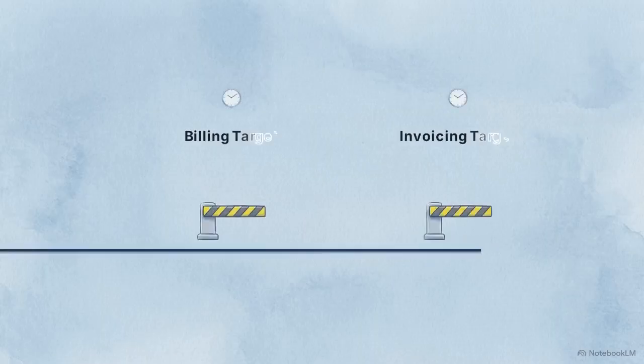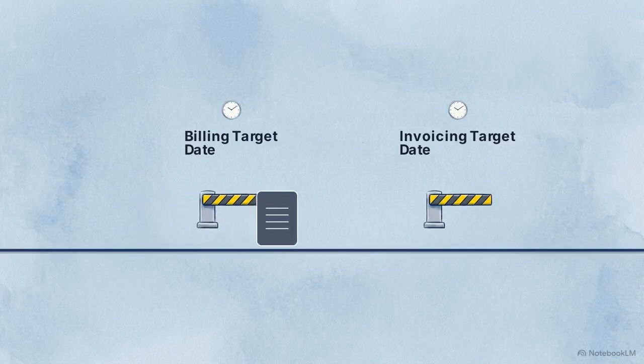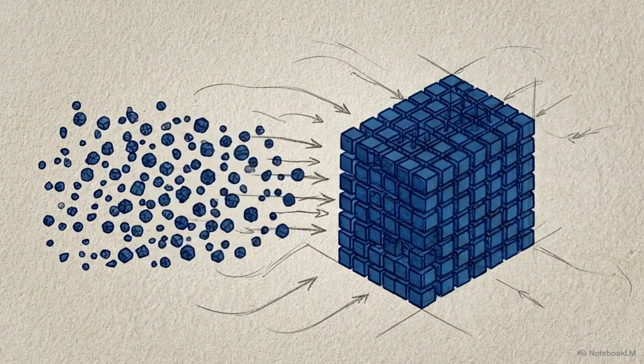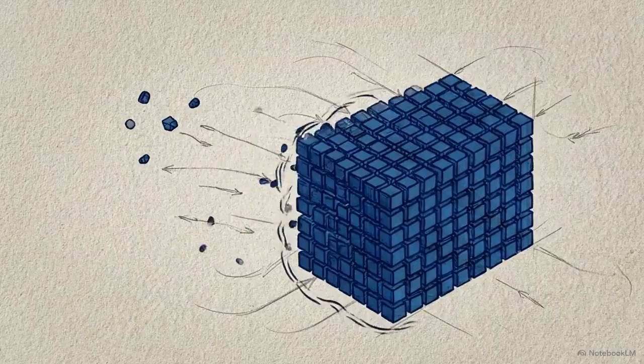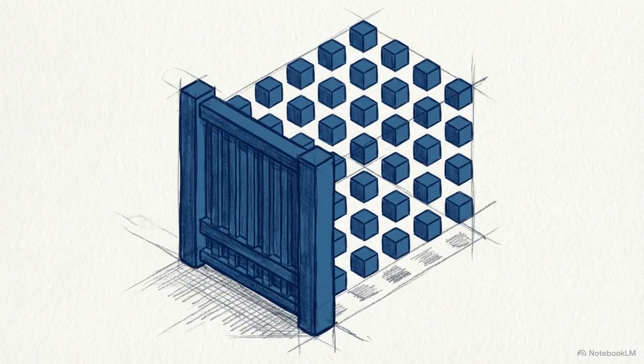SAP Convergent Invoicing relies on these two distinct barriers to process two entirely distinct data objects. The billing target date provides the structure necessary for raw data organization and load balancing. The invoicing target date ensures synchronized customer presentation while protecting the integrity of the general ledger. This architectural distinction is a fundamental requirement for any enterprise-level system tasked with accurately processing billions of transactions. The system's true efficiency is found in its ability to selectively make data wait,